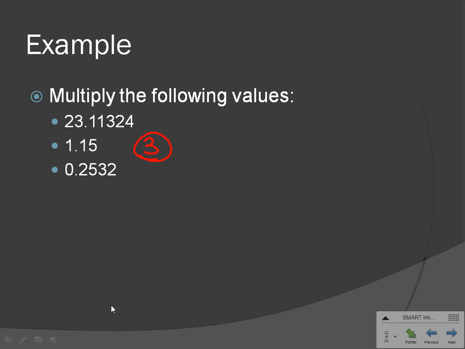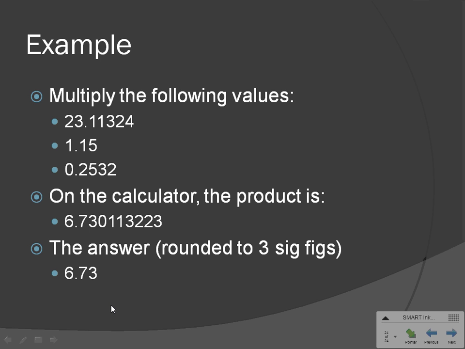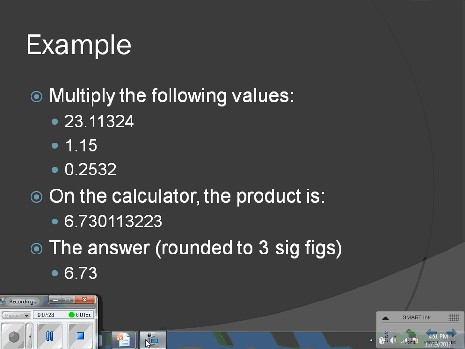So if we multiply this on our calculator, we get out to 3, 6, 9 decimal places. We have to round to 3 significant figures. So our answer would be 6.73. So you will want to look at your notes in class